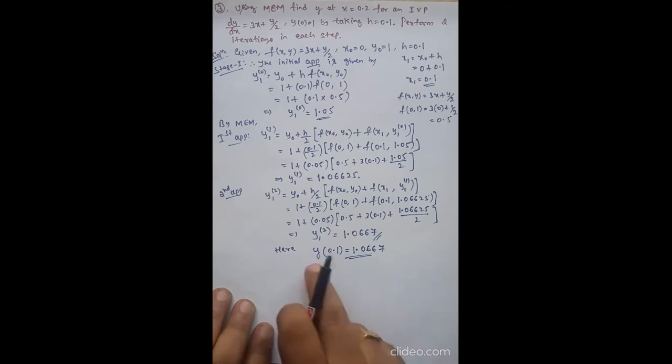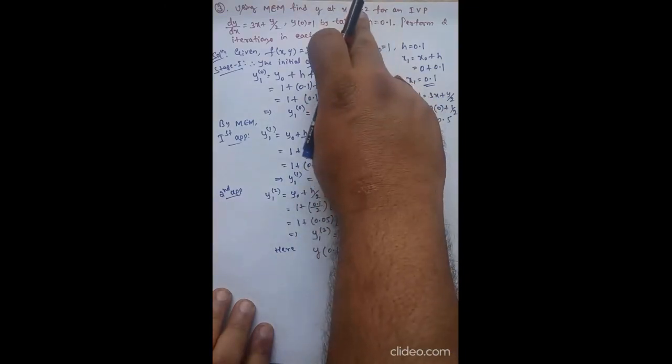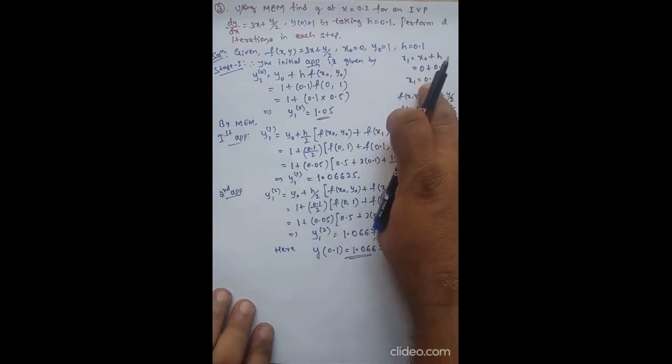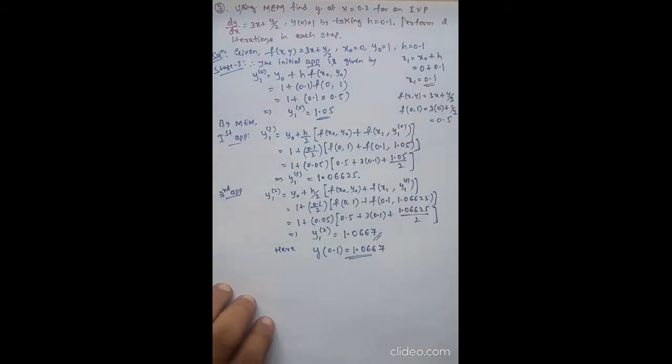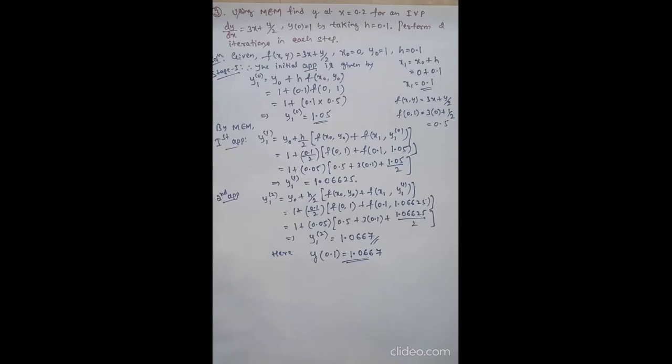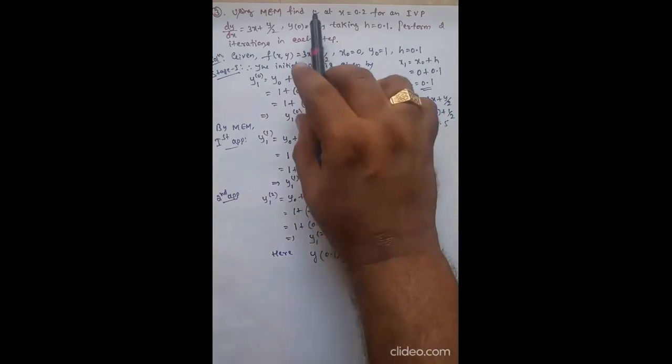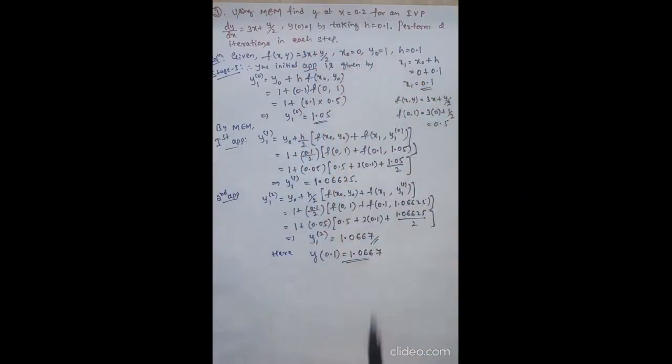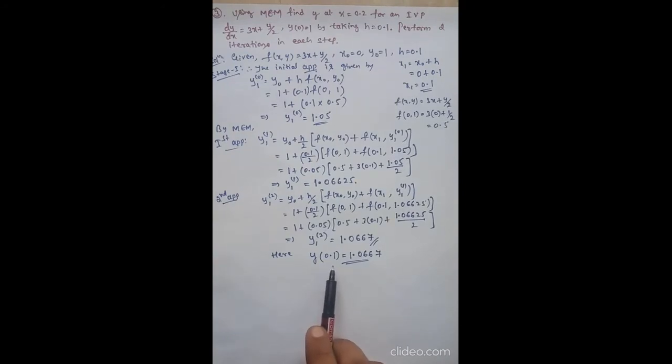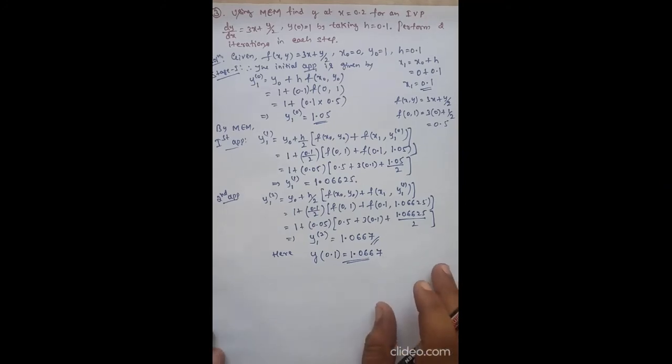Right. So like a last problem we can write a solution. But this is not the value of x equals 0.2. It is a value of x is equal to 0.1. The first stage answer. But we want the value of y at x is equal to 0.2. But here we got value of y at x equals 0.1. So we have to go for next stage to find the final answer. So let us start second stage now.